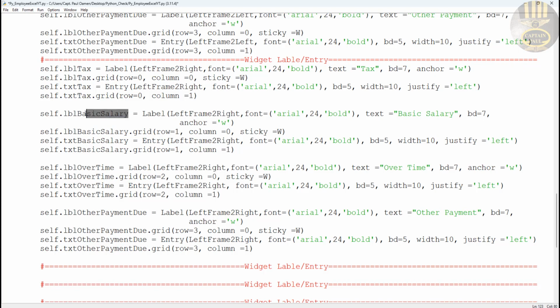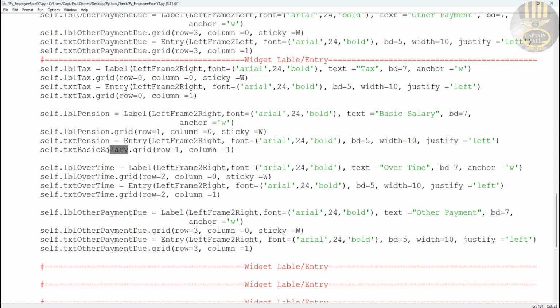And pension. Copy that. There we go. And pension here as well. Okay, then here,